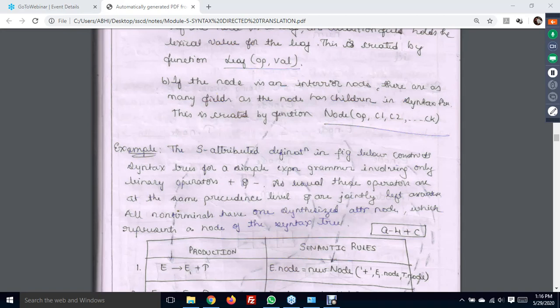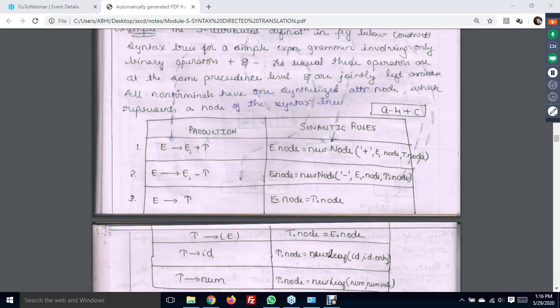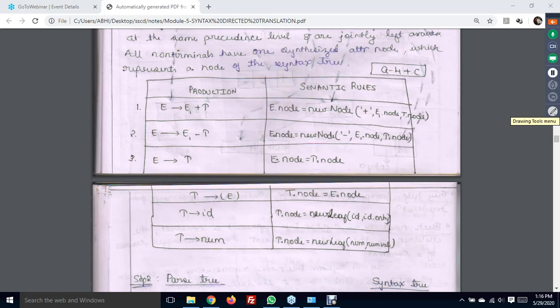So we have a small example here for a minus 4 plus c: construct the S-attributed definition is the question, right? How many operators do we have? Two operators. One is minus and the other one is plus. So here, concentrating on minus and plus,